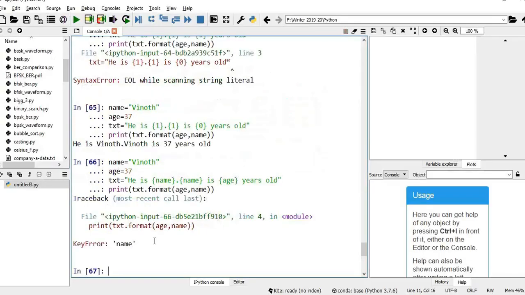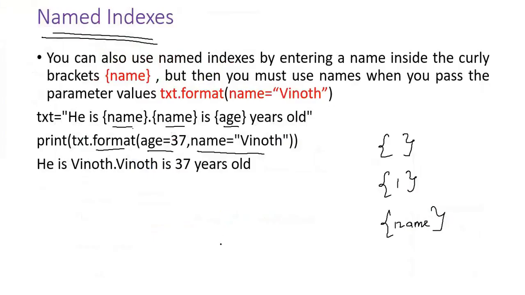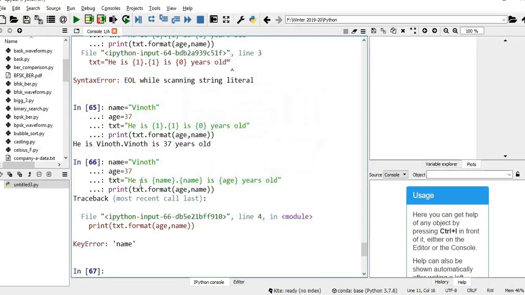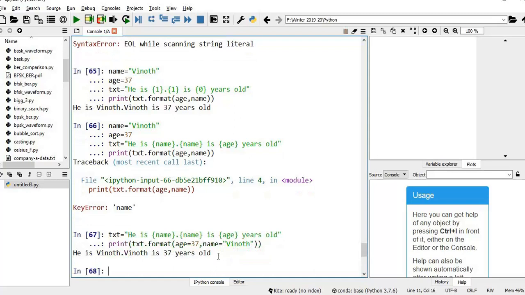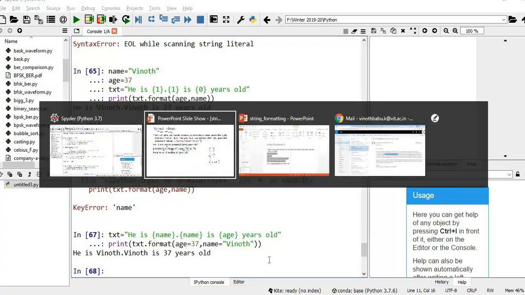It is telling that it's not defined. So let me pass the values like this. I think it will work. Here itself I am giving age equal to 37, name is equal to Vinod. Let me try this one. Yeah, it is working. So within the placeholder I'm just using the name.